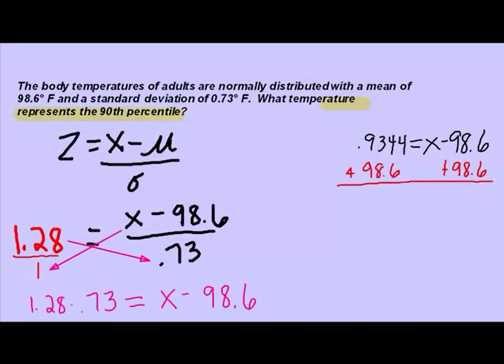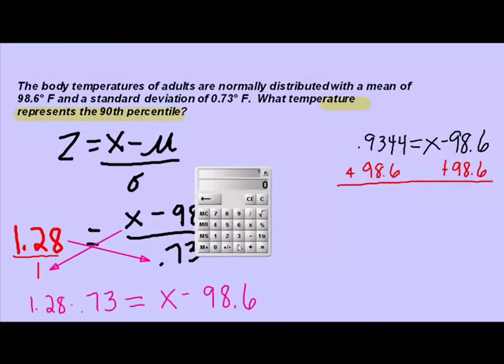Again, get my calculator back out. 0.9344 plus 98.6. What does that equal? Our final answer, 99.5